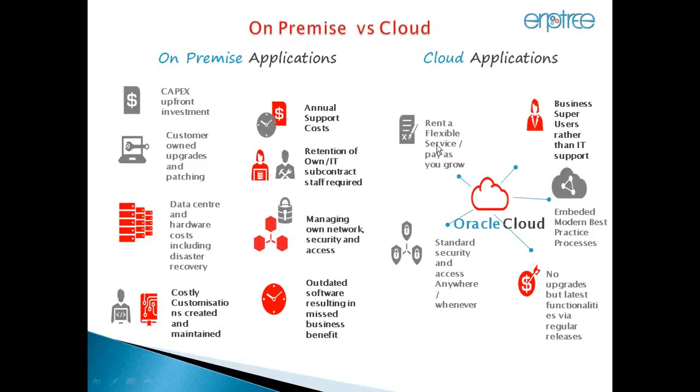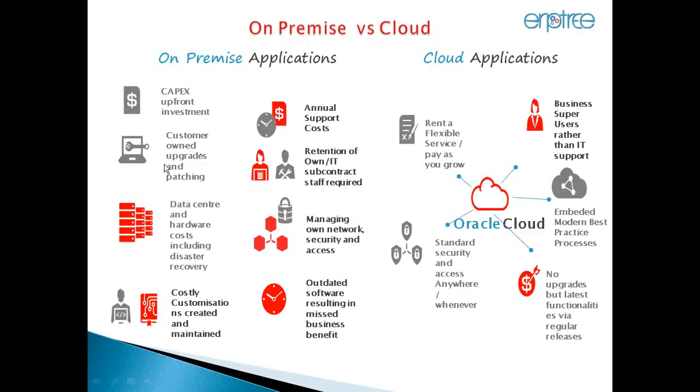So a user-based subscription you can get. In on-premise, you have to buy the server infrastructure; here you don't need to buy. In case of on-premise, you have to take the license for a product. Here you don't need to take a license. Just take a subscription and pay a rent amount based on the number of subscriptions and the period you subscribe for.